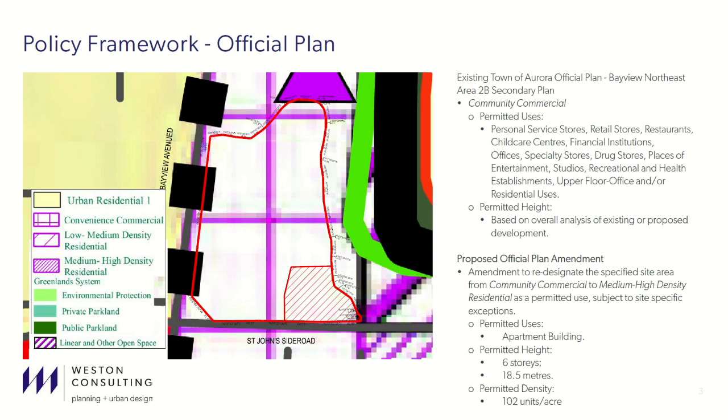The proposed residential uses and density are not contemplated within the official plan designation. And of course, that's what's driving the application for amendment to the official plan to propose a medium-density residential use. It will require exemptions to 6 stories where requested, where in the secondary plan 4 would otherwise be permitted, and a density of 102 units per acre, where a density of 40 units per acre would be permitted.